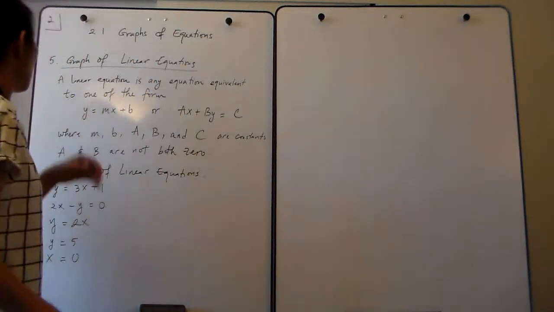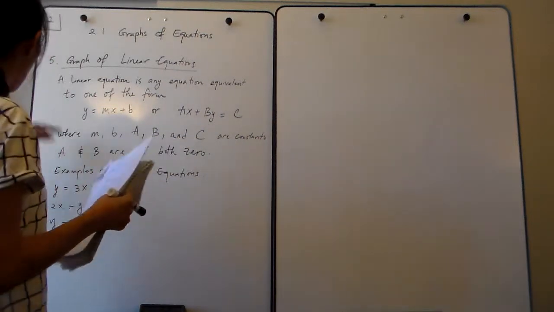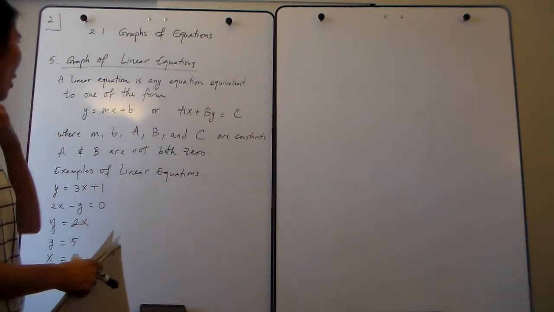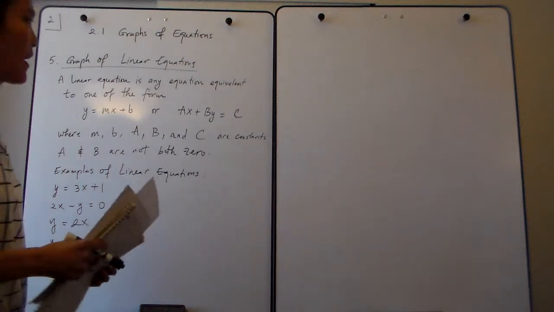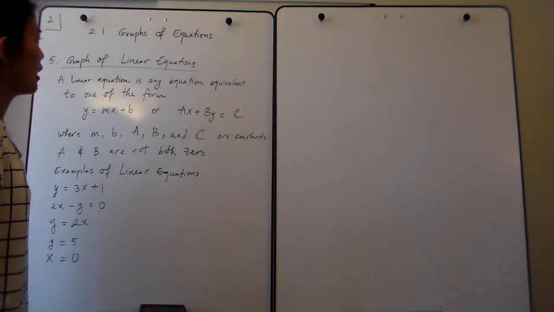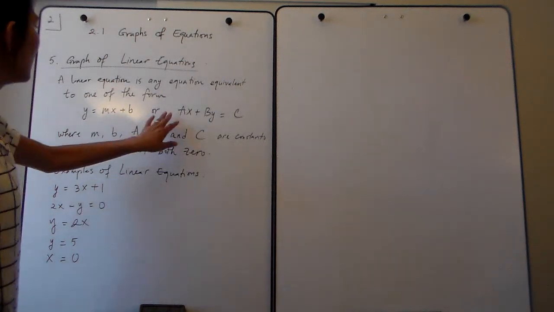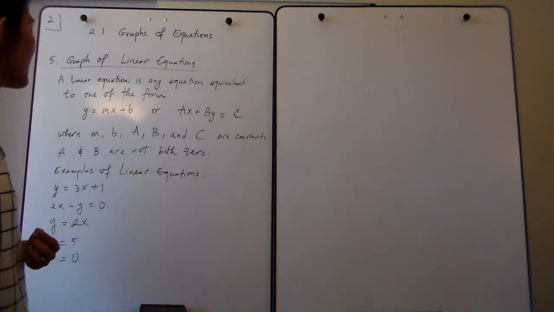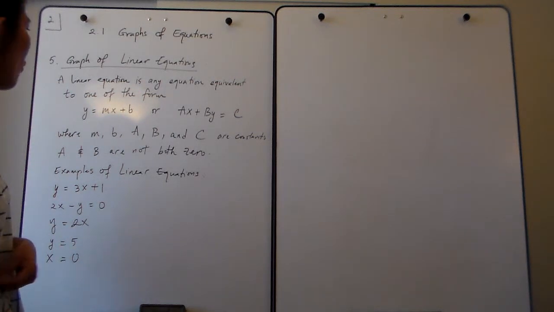Now, number 5, this one you can find on page 2. It's about graphs of linear equations. You may be wondering, what is a linear equation? A linear equation is any equation equivalent to one of the form